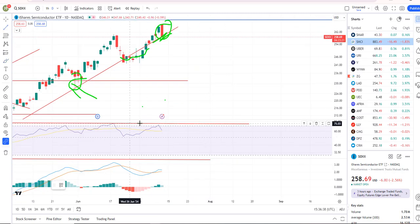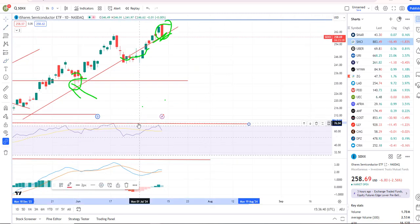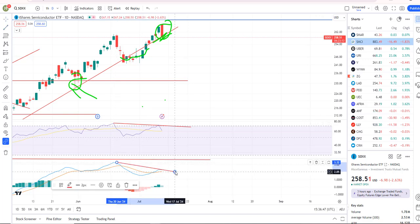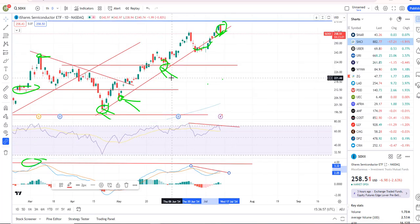Also, you can see here, another indicator that really helps us, negative divergence. You can see right there on the daily chart, you have a divergent high on the semiconductors. So we have negative divergence. We now have a reversal candle or a bearish engulfing. And again, I think some more downside from here is going to validate that as the top